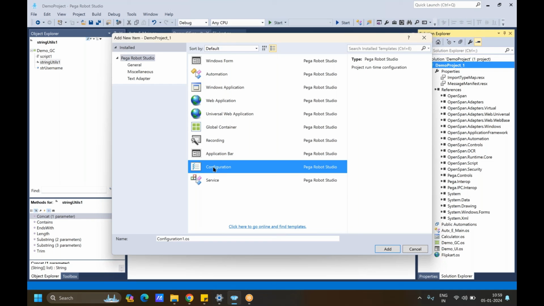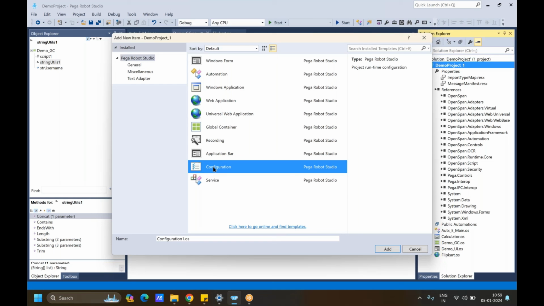That needs to be differentiated by using some other logics. If we use configuration, you can differentiate those three URLs in the configuration file, and those three URLs can be used within one single variable. So that's the purpose, we will be going to use a configuration, and also you can maintain